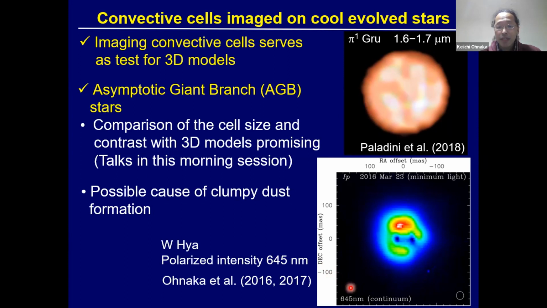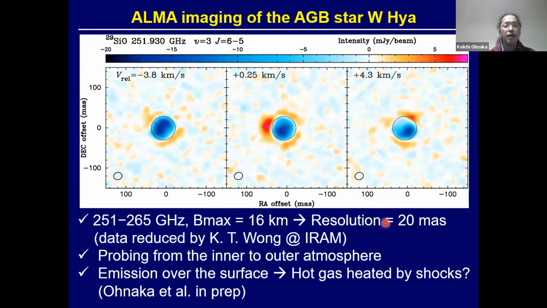images. For example, this is the polarized intensity map of the nearby AGB star W Hydrae, taken at 645 nanometers. And you can see a couple of large dust clouds close to the star. And these clumpy structures can be seen in the gas too if we take advantage of the high spatial resolution provided by ALMA. So what's shown here is the ALMA imaging of the same AGB star W Hydrae, and